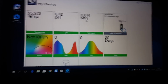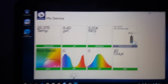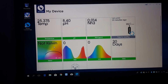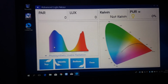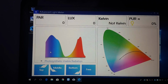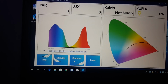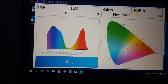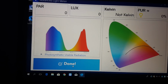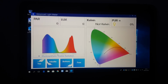So there is also a mobile phone app, so it does exactly the same. Shows you all the same stuff. Shaky cam because I'm on my knees moving about. But when you are testing light, you can press this and it tells you all your light spectrum and all that, and you can put where you've put it in the tank, or you can just do a free reading and then say that was at the bottom, stuff like that. It's going to do a reading in 3, 2, 1. So if you had it at the bottom of your tank, it'd then tell you what you had. But I can't be bothered to do that again because,